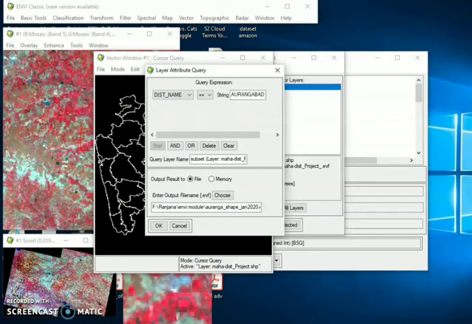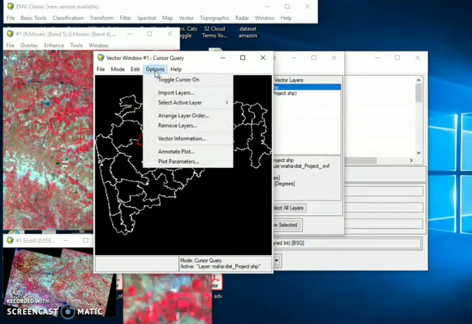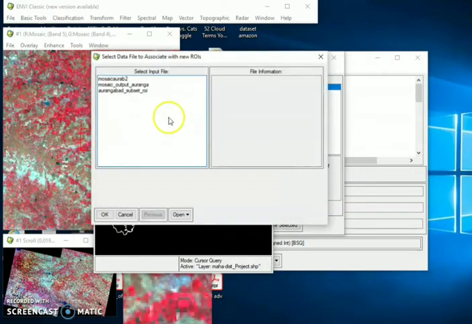Now the query gets executed and you can see the red indicates the output of the query. Now we can export this area either to the shapefile, or to the ROI, or you can export it for both.